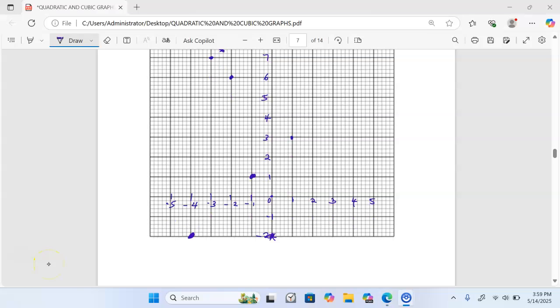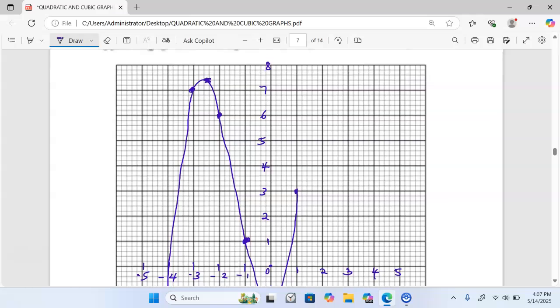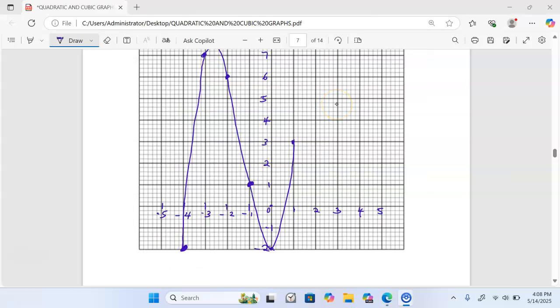We join our curve as follows. We have to draw a smooth one here. After plotting our points like this, you come and label your curve. Let us try to make this point look correct. Now we can label our curve as y being equal to x cubed plus 4x squared minus 2